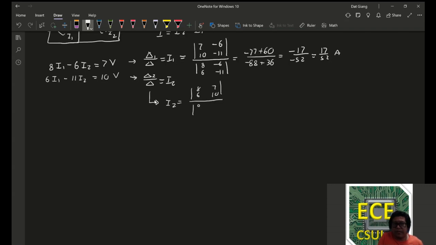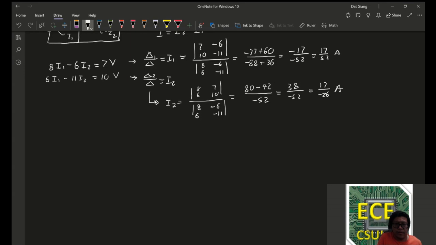And then the bottom remains the same, like so. So now we do the determinant once more, and we get the following results. So in this case, it's going to be 38 divided by negative 52, or 17 over 26